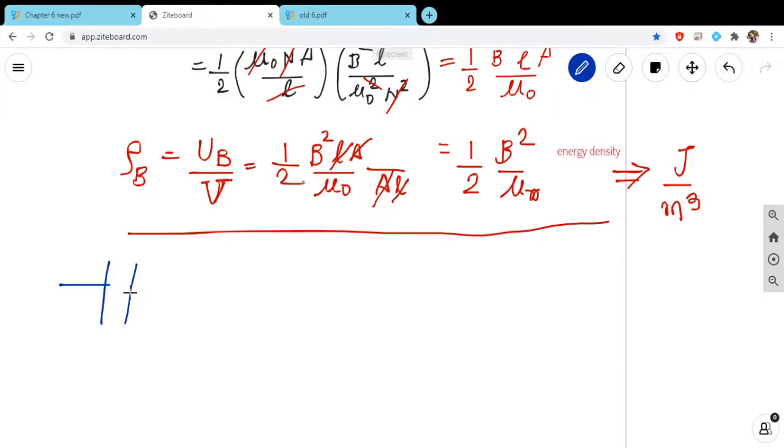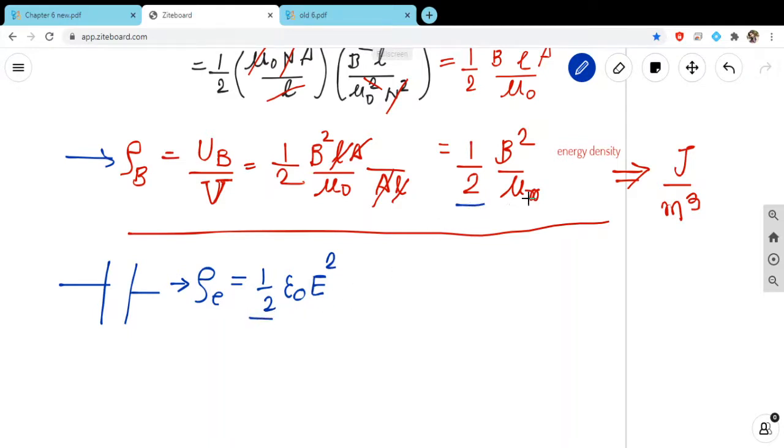Do you remember? In case of the capacitor, we discussed the energy density rho e, because there was the electric field. Energy of the capacitor divided by volume, and the calculation can be carried out, and you will get half epsilon naught E square. So this is the energy density in case of the capacitor. Now, if you compare the energy density of the solenoid and of the capacitor, you will find some similarity and some contradiction here. The half here, so here also half.